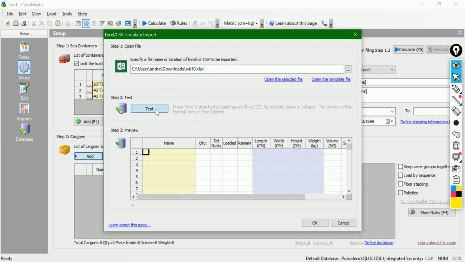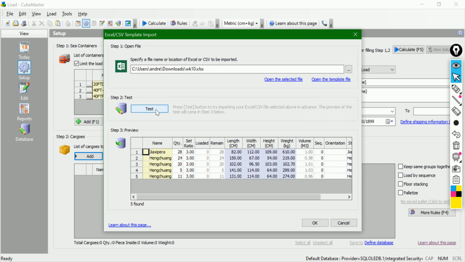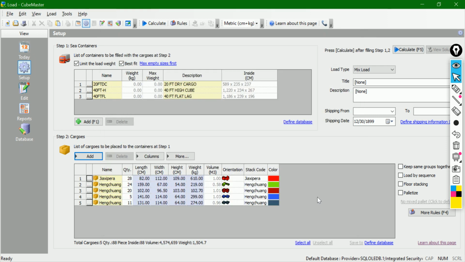Press this button, and you will see the preview, which shows 5 different records. And press this button. Now we just brought them. So we are ready to go. Press this button,